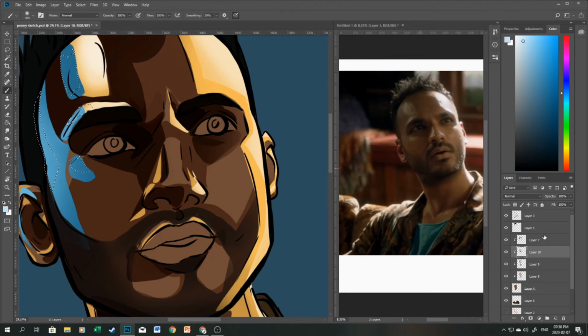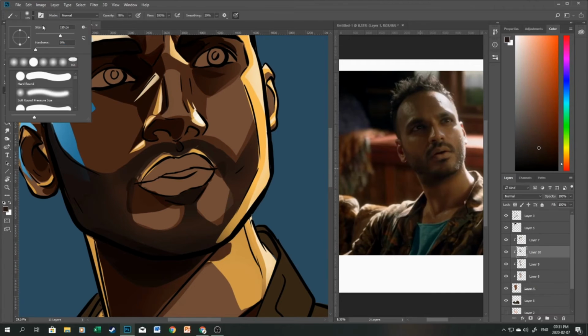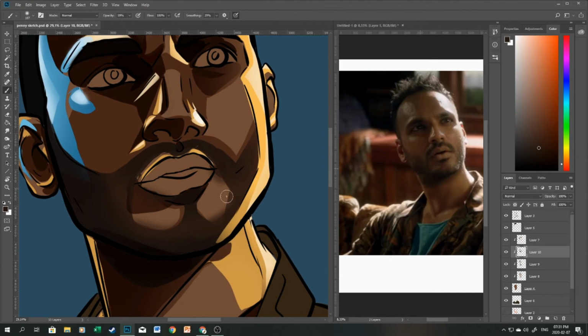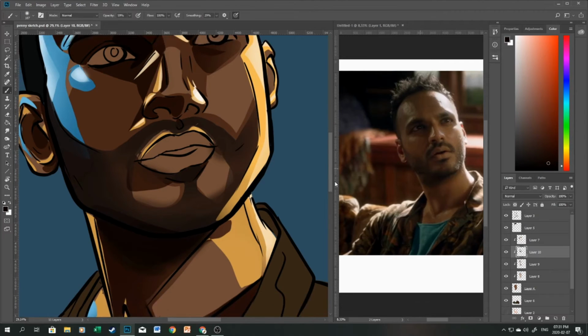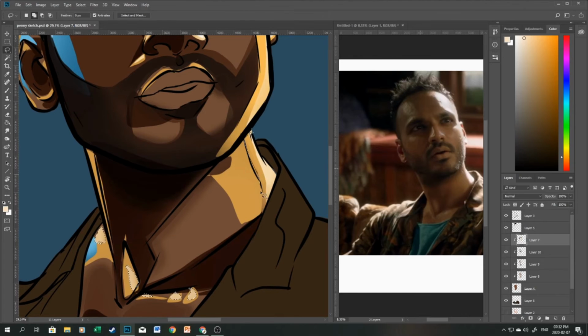Yeah, highlighting that a bit lighter, blend it in with the brush tool. And again, like I said, I tend to come back and then go away and come back to highlights and go away, and as the image progresses you see some things and you think, oh wait, I think you need to add some highlights there, some shadows there, and it's just how you basically revision the art. You look at it, you adjust, like I'm doing right